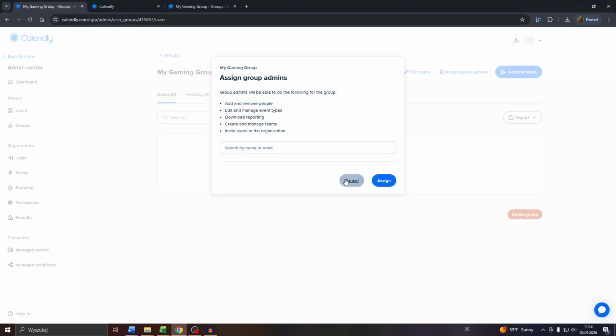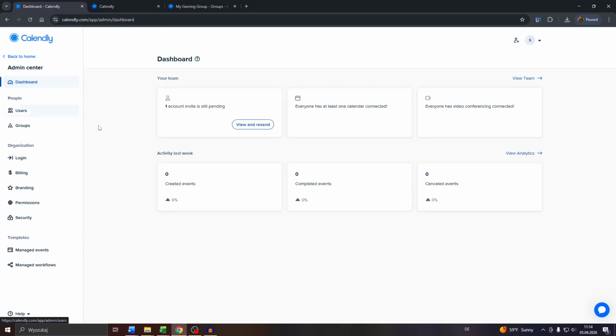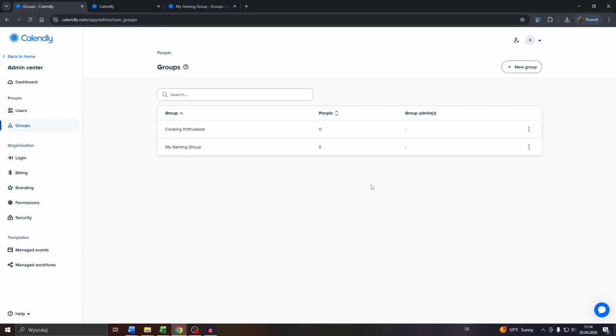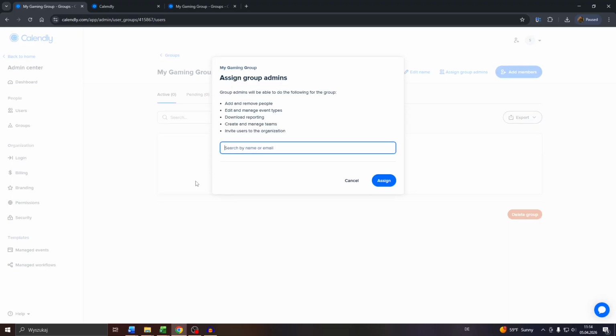Of course, you will need to invite the user first, so you may invite members from your team to your group by clicking into this button here. Send the invitation, and once accepted by the given user, you may assign group admin rights here by entering the